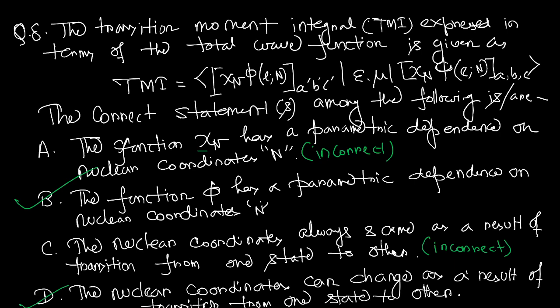Many high-level quantum mechanics books show it like that. Is this clear? The nuclear coordinates can change as a result of transition from one state to another. Yes. Okay,